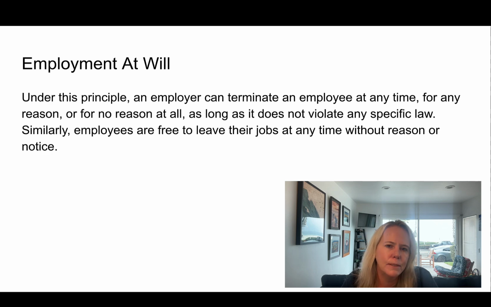There are two types of employment in the United States. We have employment at will, and we have folks that work under labor agreements. If you have a contract, then you are working under some kind of employment agreement or labor agreement. If you are not, then you're what's called an employee at will. And basically what happens with employees at will is the employer can terminate you at any time for any reason, or for no reason at all, as long as it's not what we would call a wrong reason. And I'll talk about the wrong reasons in just a moment.